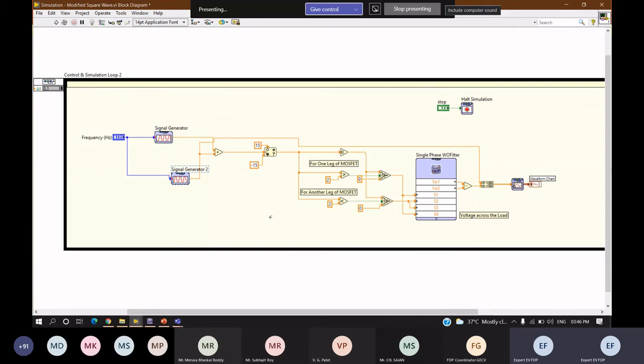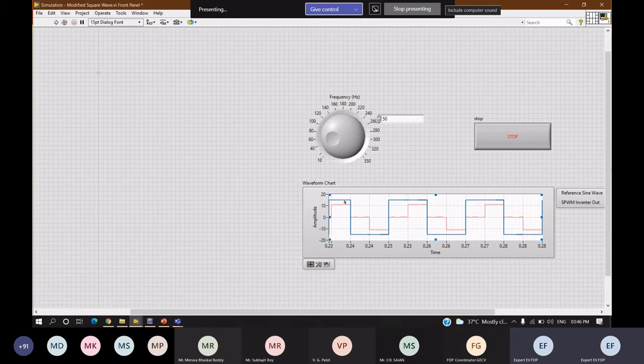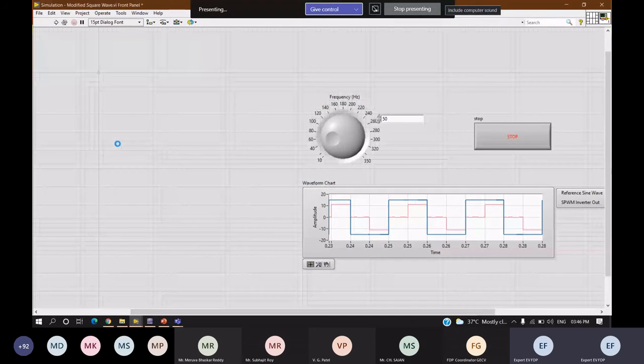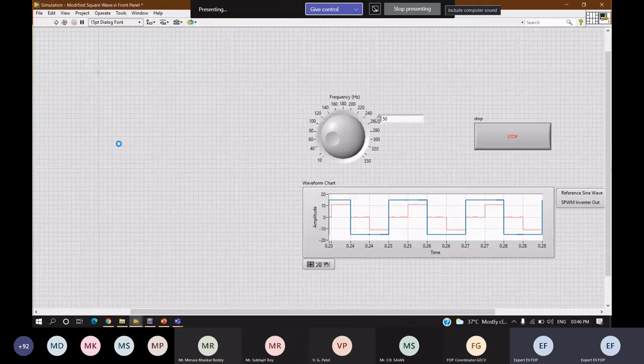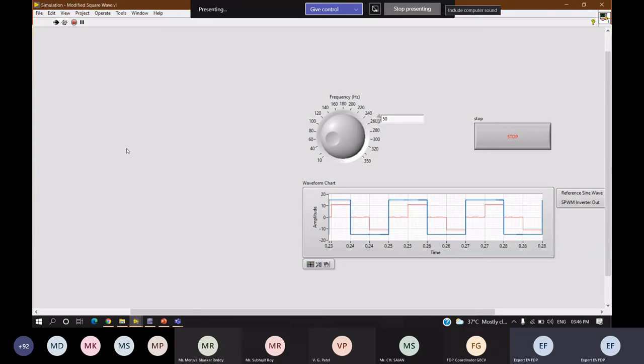Again, the same, just a minute. So here we are using sine and square for SPWM, right? Actually, here we are using two squares only. So in this case, we can't compare with the input sine waveform. Actually, I thought this was an SPWM. Sorry, this is just a modified square wave. So here we'll have two squares and we'll just be adding them. So here we can't compare and see the output, but in the output I can show you how exactly we can compare with sine.